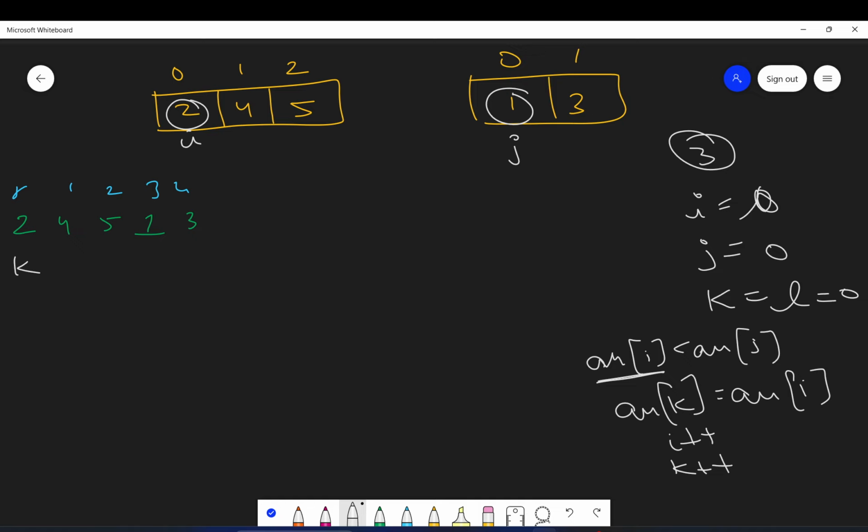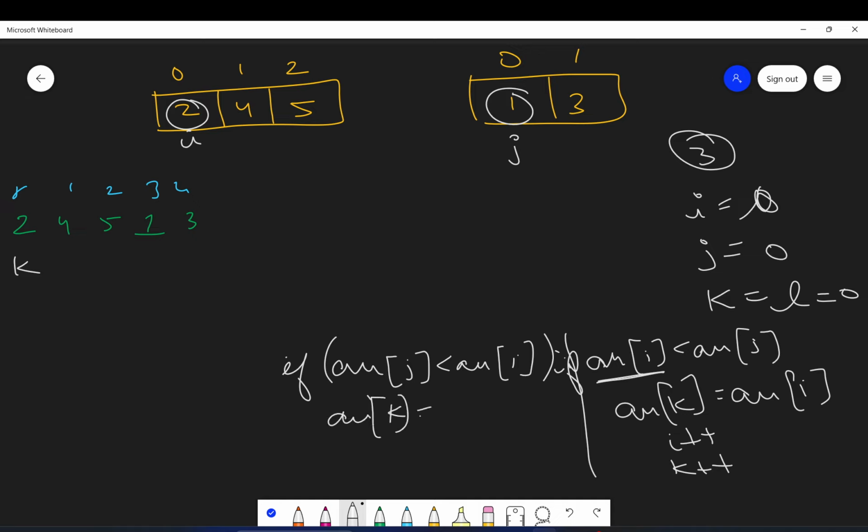Okay, how? See. Or if this is not the case, if ARR of J is less than ARR of I, then ARR of K will have the smaller value, because we have to make it in sorted order, right? So ARR of J will go, and J plus plus and K plus plus.